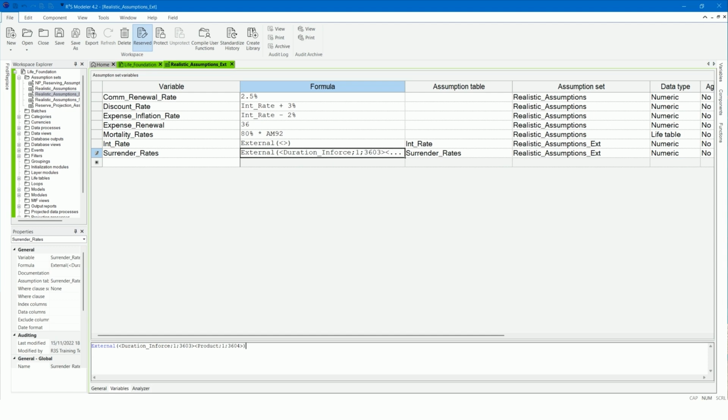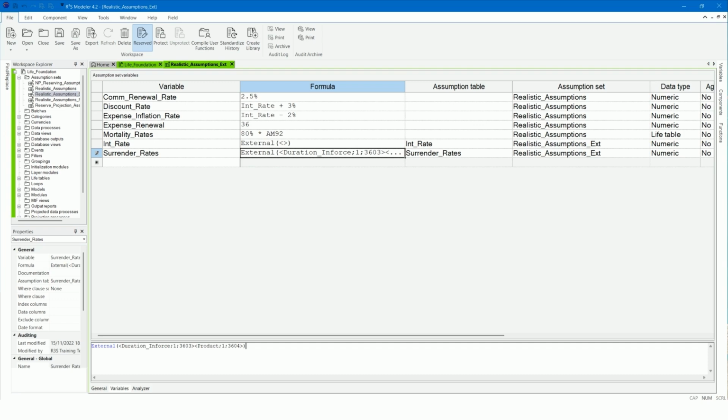Next, we need to specify how the model should locate the external file required for execution. We do this in the property External Assumptions Connection String, which may be specified at the various levels in the model. The levels at which the assumption sets may be specified are the following.